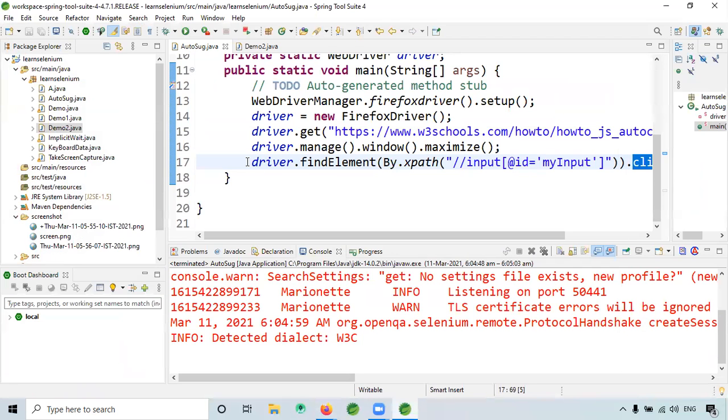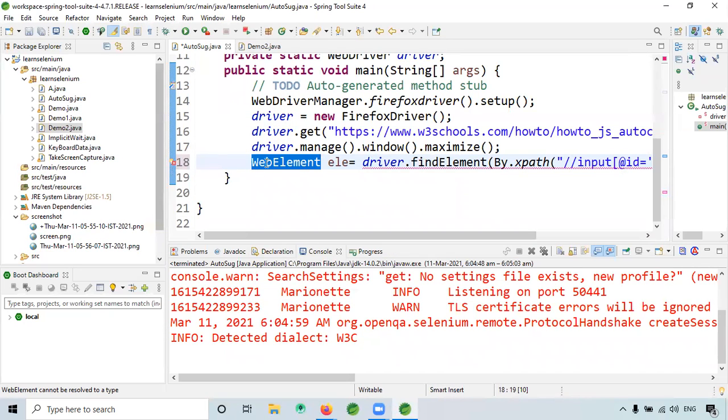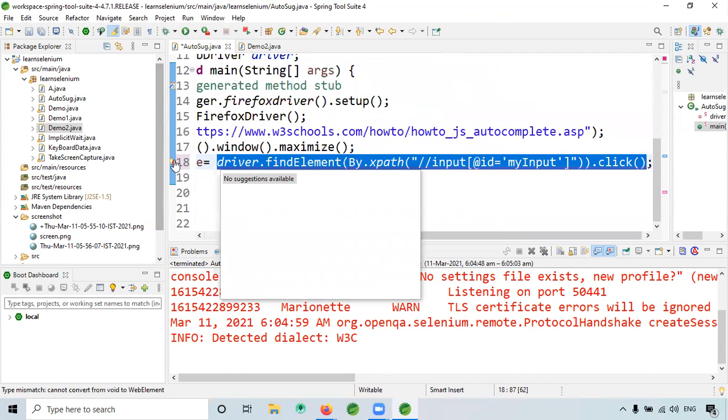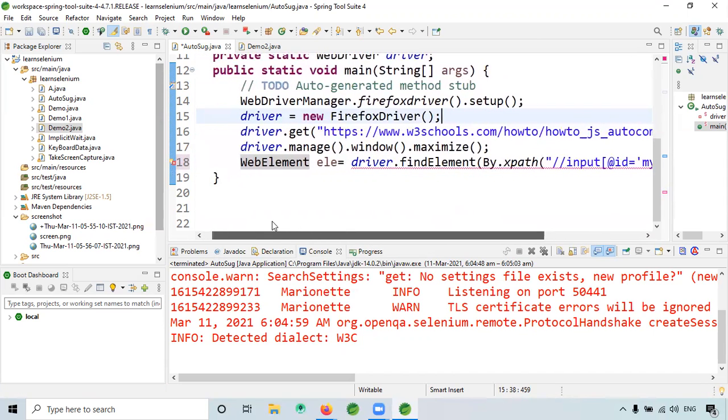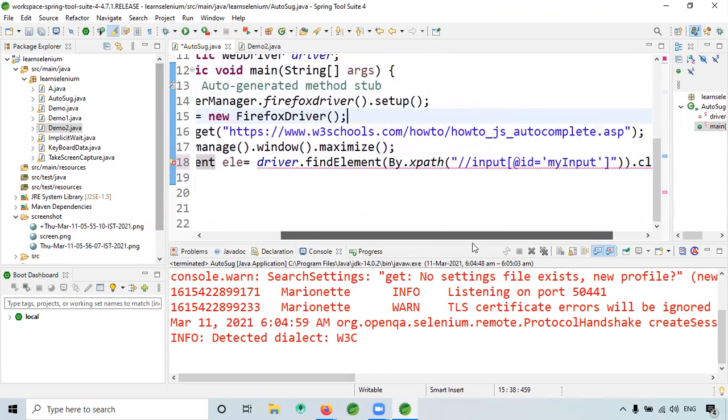Now we need to do the keyboard data thing. First, we have to do send keys. So for that, WebElement ele is equal to... When you are using dot click, you cannot use WebElement.